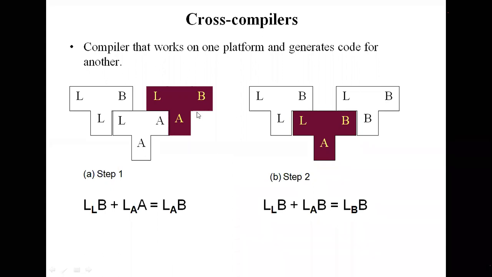See, here we have a color differentiation. What it means is, this is another platform. We are generating in another platform, not a language, another platform. From one platform to another, that means one machine to another machine. I am running a program on one machine, but I am generating my code on another machine. That is the meaning of the cross compiler.